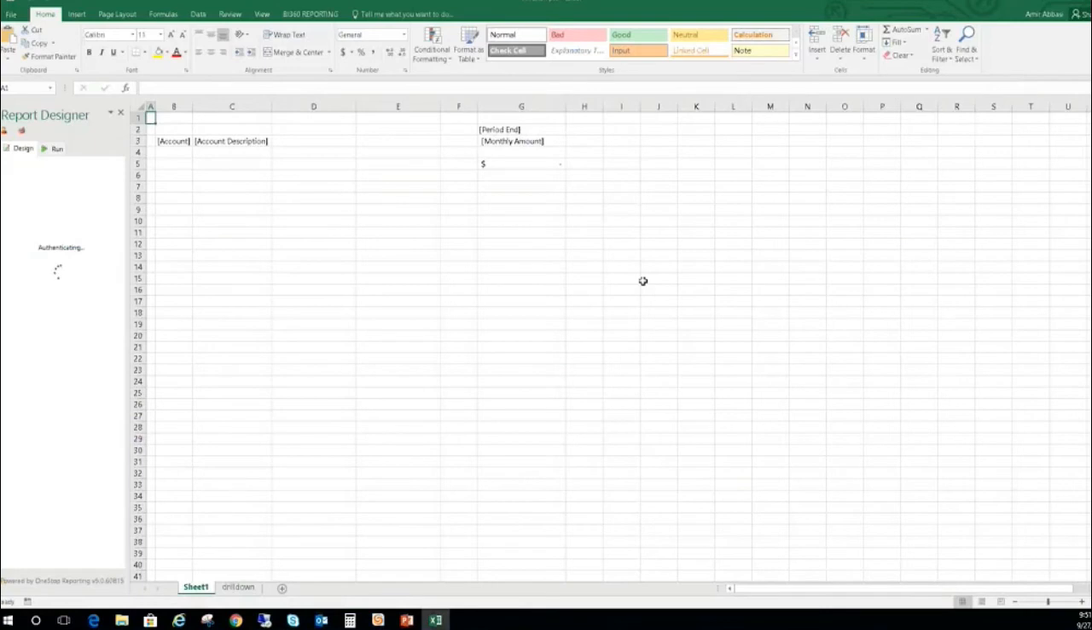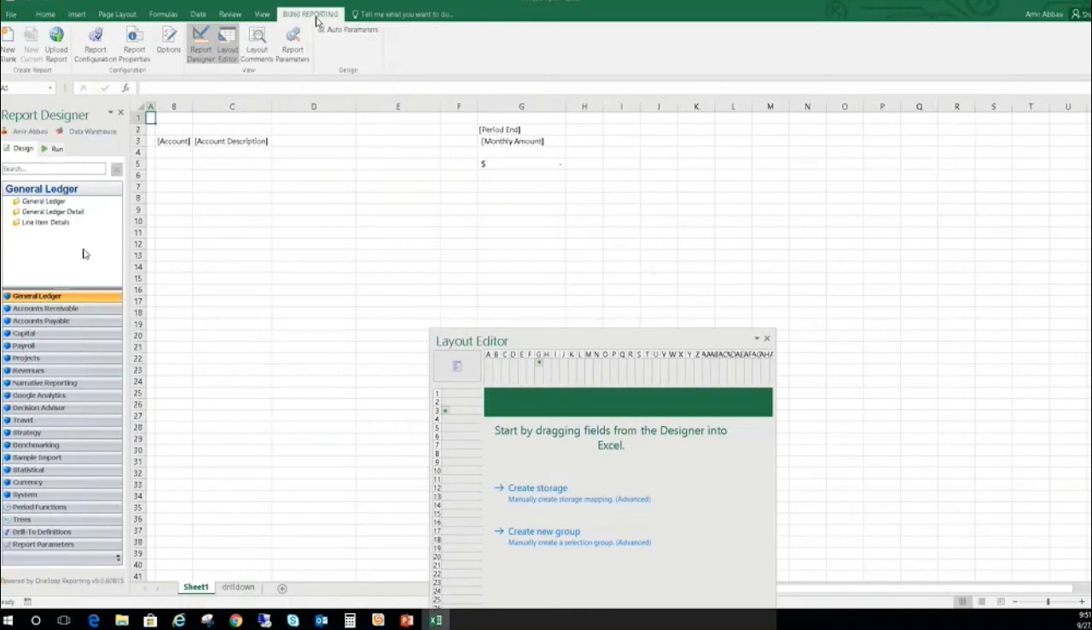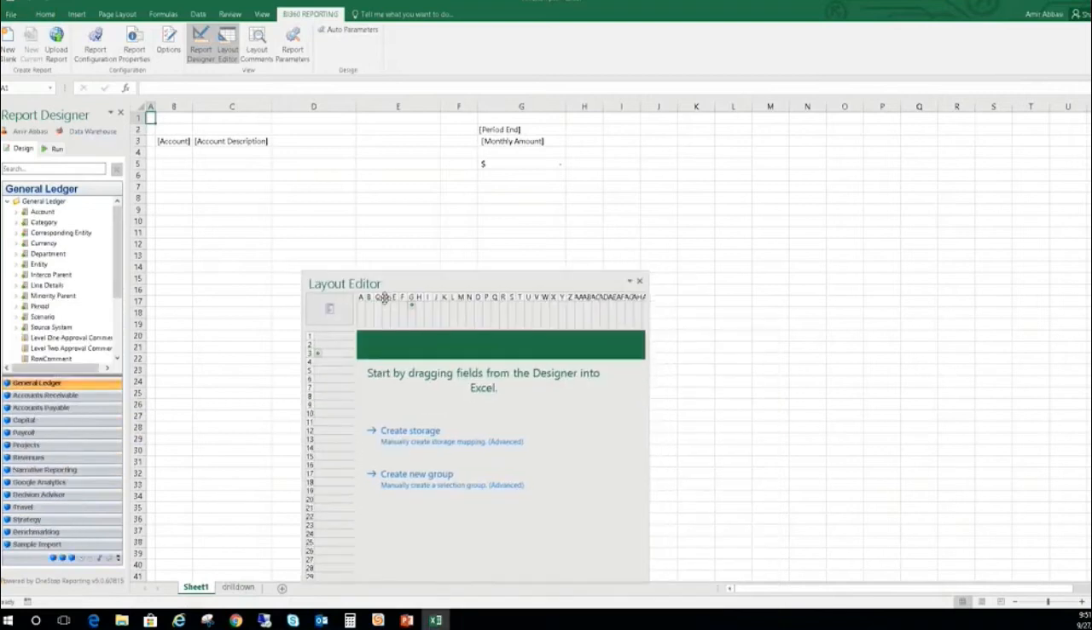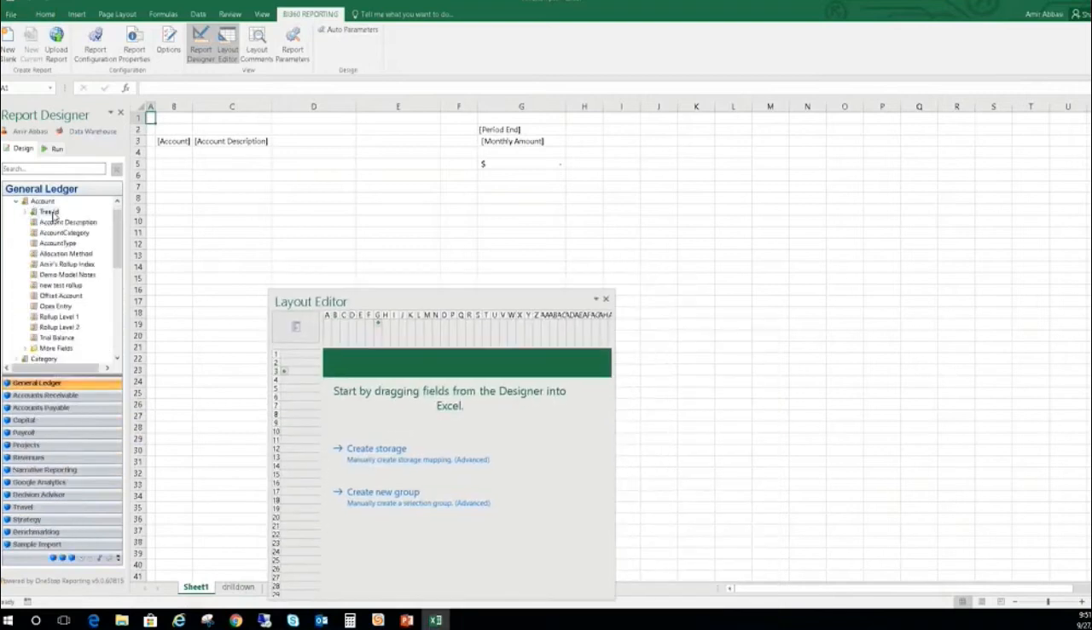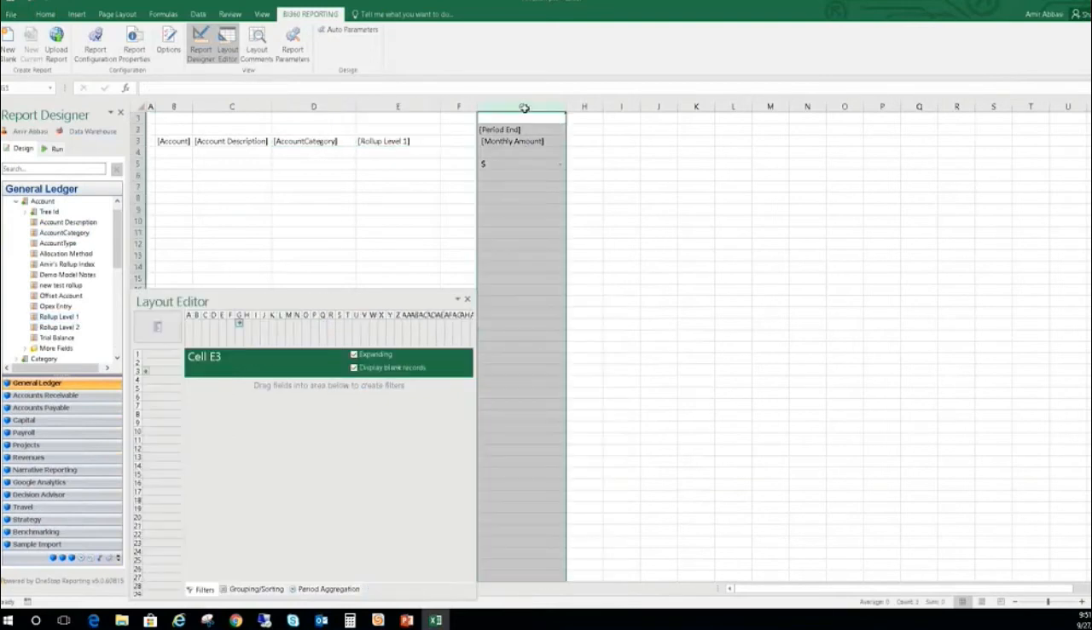Okay, and this is what things look like from the perspective of a designer. So you can see I'm in Excel. There's a BI360 reporting tab. We have access to all the different data sets from your warehouse, and you can go into this, and if you wanted to quickly iterate a report, you can see I have the account description. Let's bring in account category, maybe some custom roll-ups that were built,